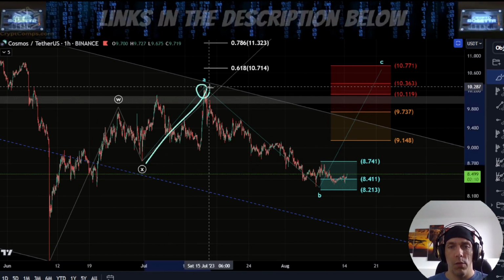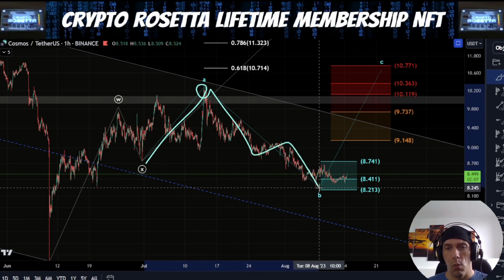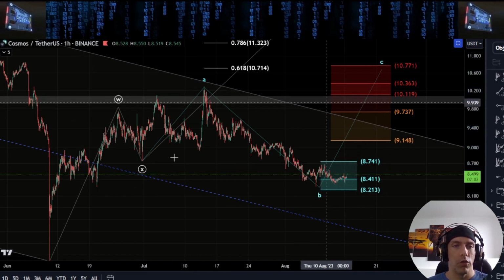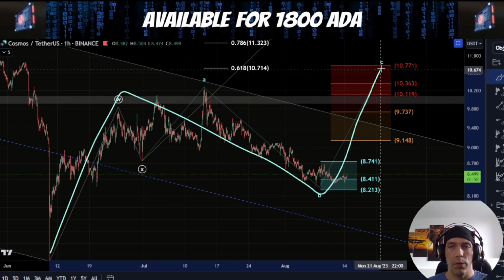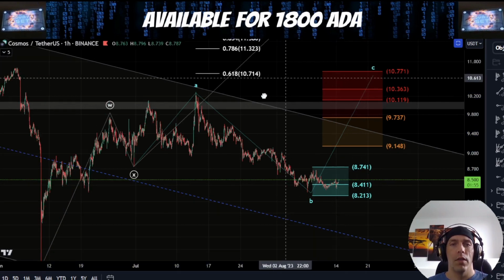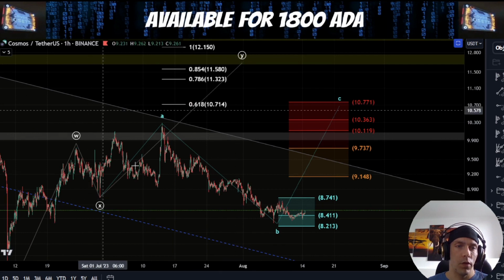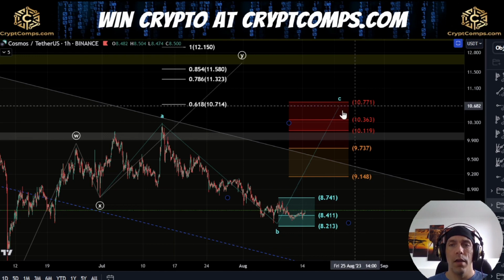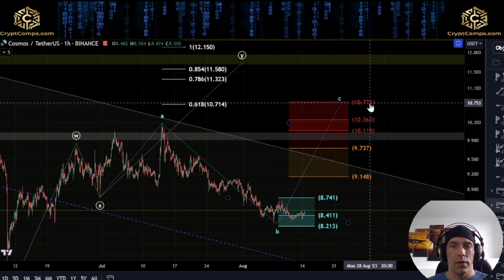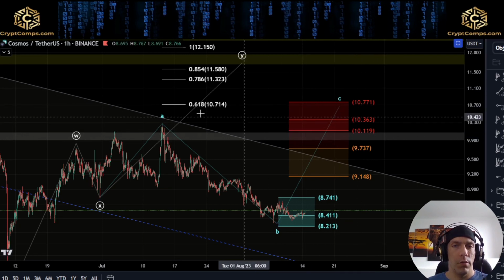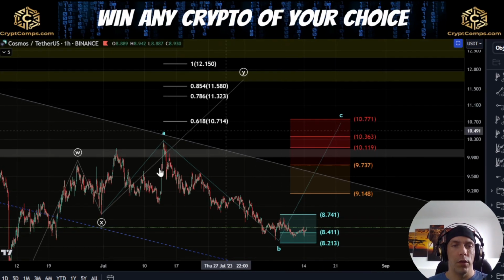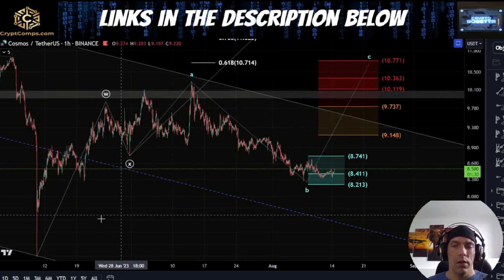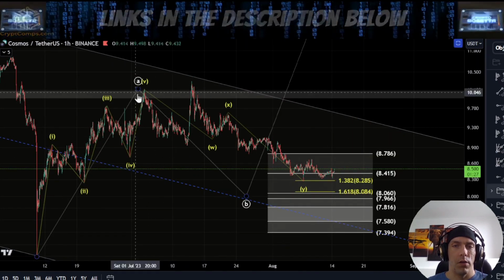If we're looking at this as an A wave, we can potentially count this as W, X, and Y, in which case this Y wave could be completed already, and we could still be looking for this idea of a 5-wave structure up. Within both of these ideas, we're looking for a 5-wave move to the upside, which then looks to reject. The key difference here is that the minimum requirement of this as a WXY would be this 0.618, which would be aligning quite nicely with where we currently are here at this zone of this 1071 to this 1011. So this would align with coming back up towards this 0.618. If it does look to push up higher here, potentially the one-to-one target of this would be this 1215, though it is more likely, in my opinion, that we are following the idea of this as a zigzag,